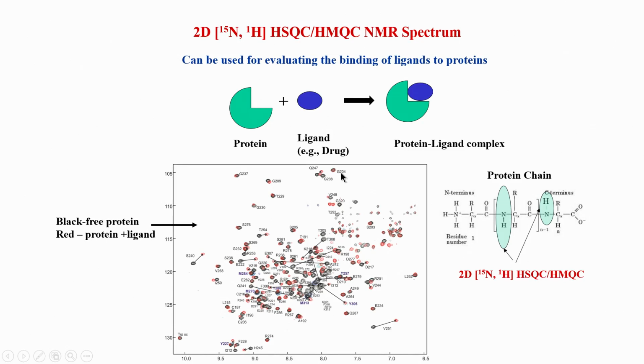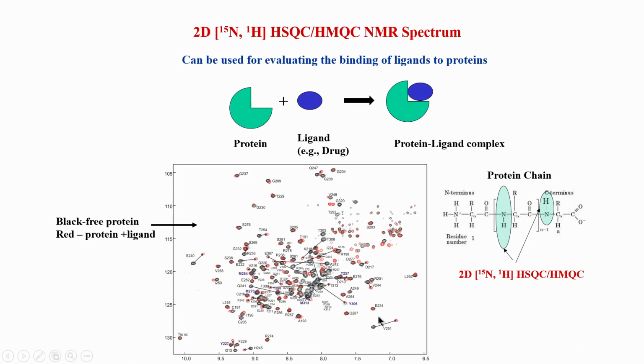So, this is G204, meaning glycine number 204. The sequence is a long sequence, and the 204th amino acid in that sequence was a glycine. Similarly, here serine 276 means the amino acid at number 276 in the chain, and serine was the amino acid type at that position. In this case it has not moved very much, it is in the same position. But look at this, serine 240 has moved quite a bit. Similarly, valine 251, meaning valine at position 251, has moved substantially.